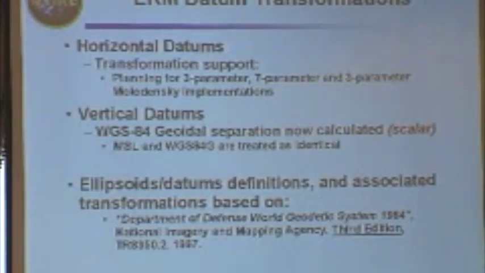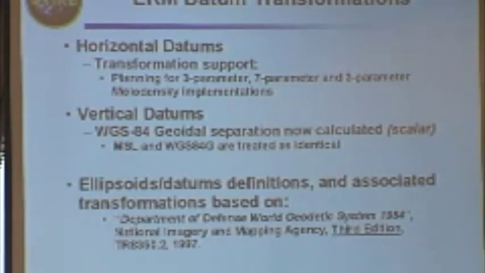Ralph previously talked about the geoidal separation, the distance between a spot on a spheroid, oblate spheroid, and a particular geoid. If the spheroid geoid is WGS 84, which is a global datum, we produce the scalar separation. Remember, what's straight up on the spheroid is not necessarily straight up on the geoid, and that distance is straight up. We don't supply that.